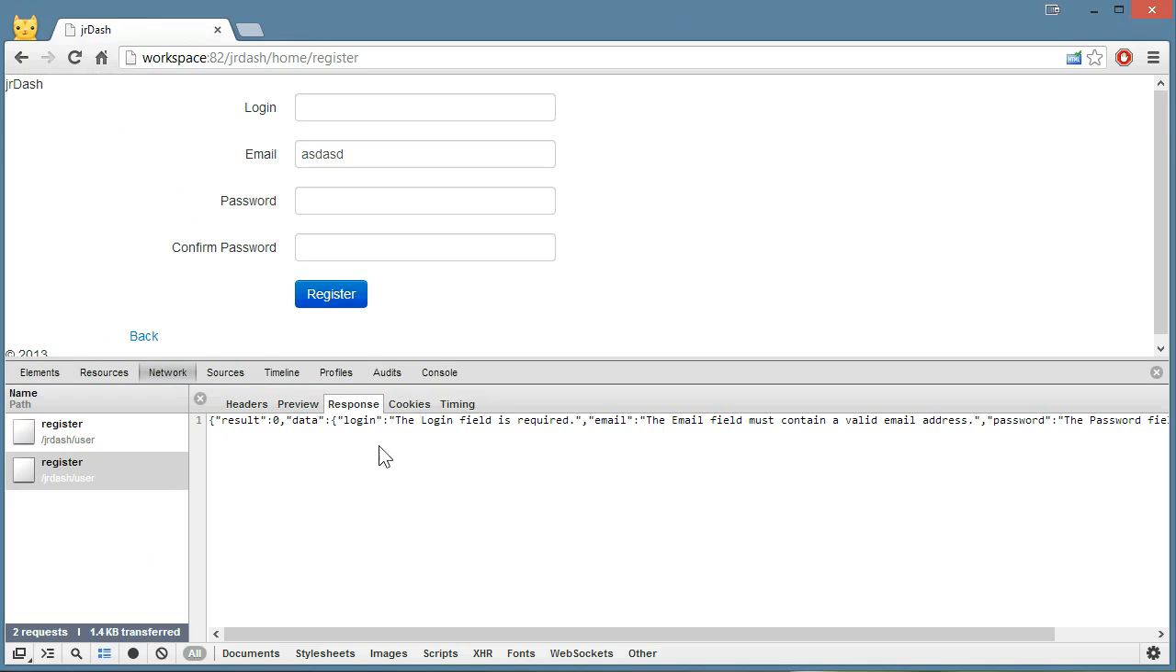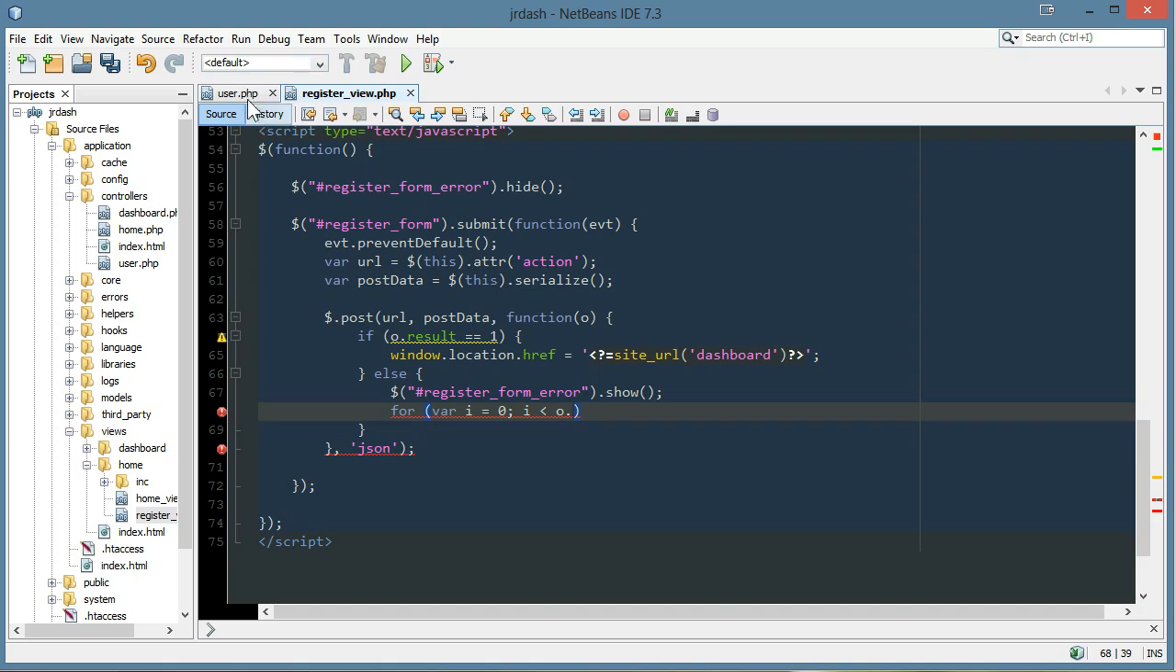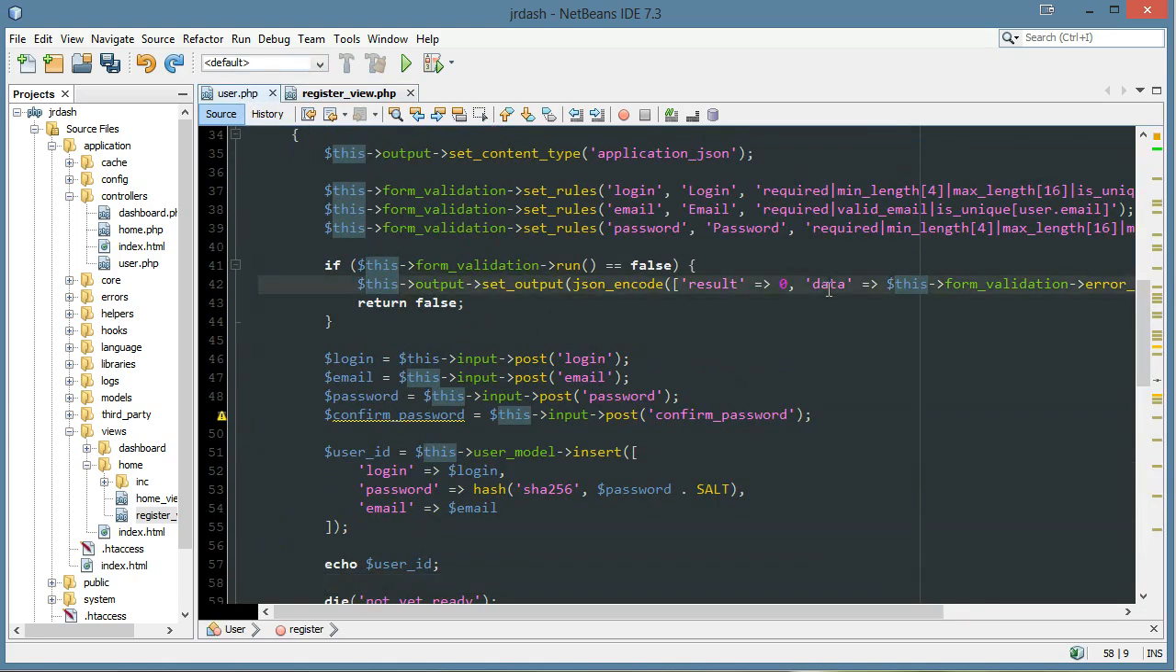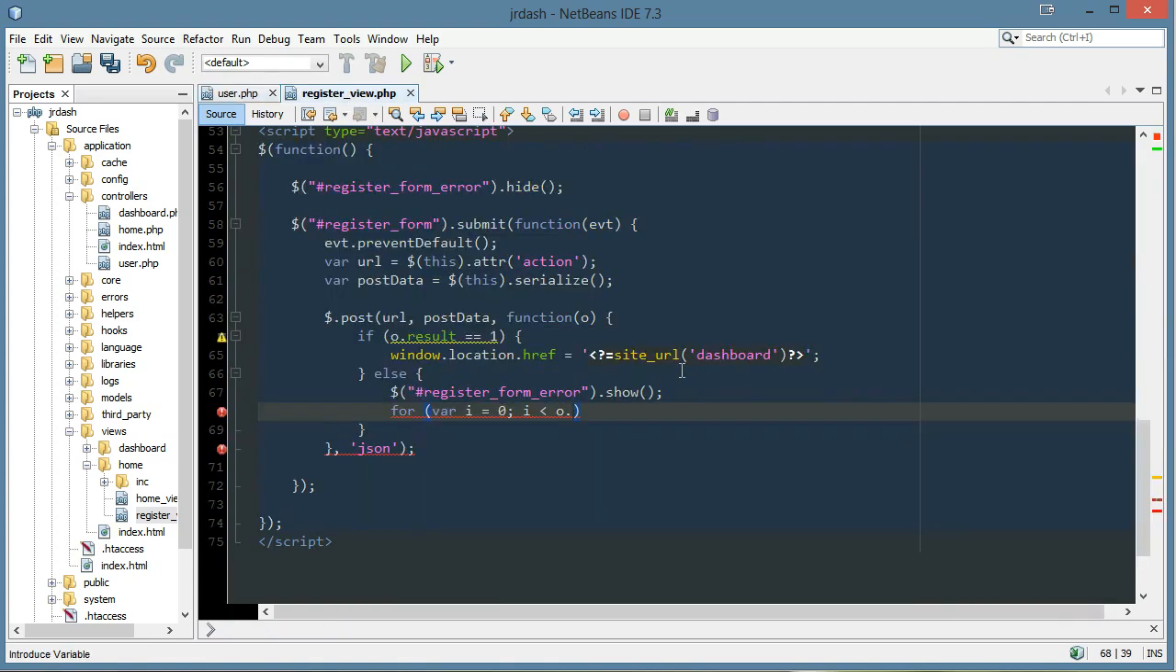So I'll say for var i equals 0, i is less than o., and here's where it comes in. Let's go to the page, and right now I have data. I kind of want to pass that as an error tag rather than a data tag. So I think we'll change that in the user, because data sounds like it's something good. Okay, so error.length,